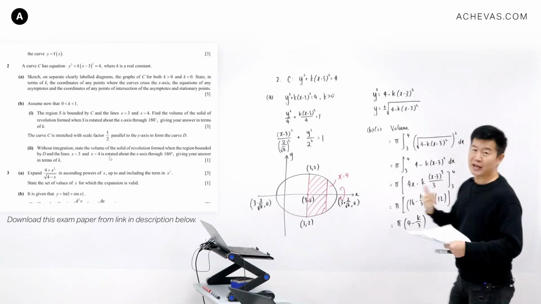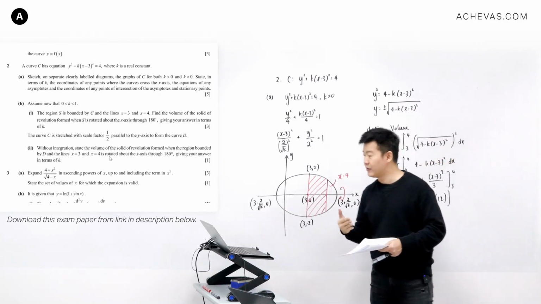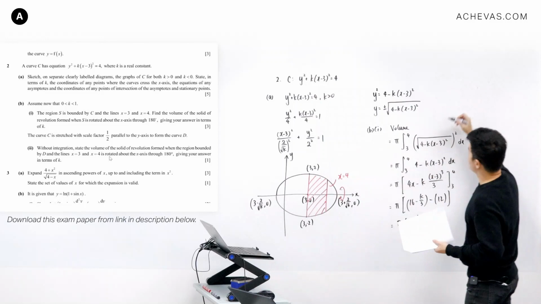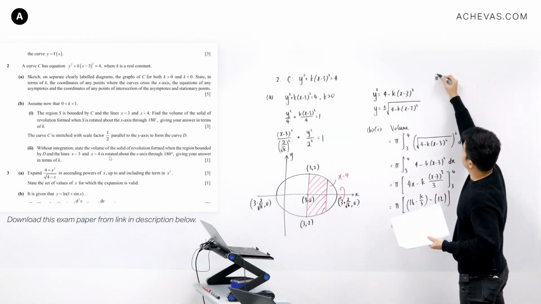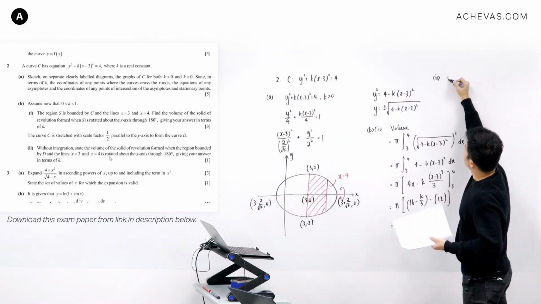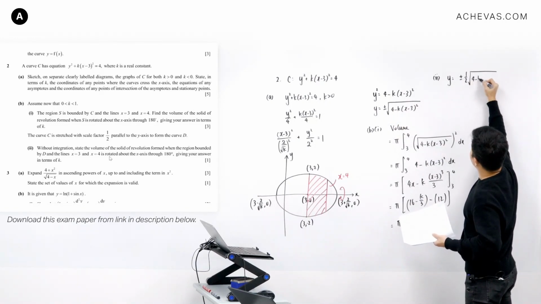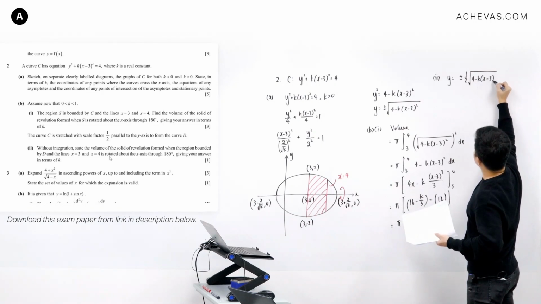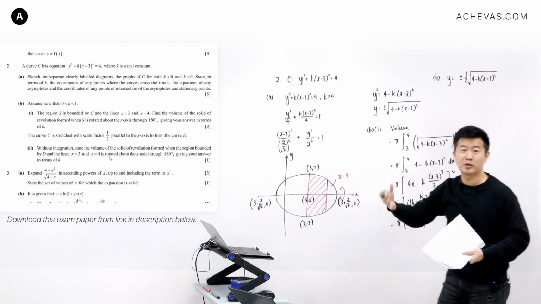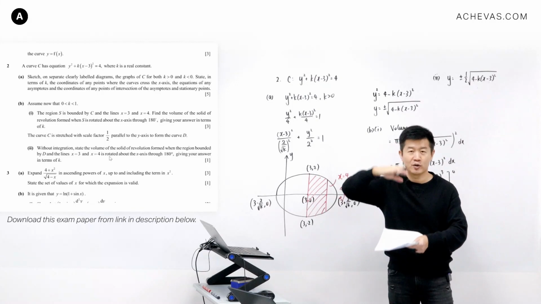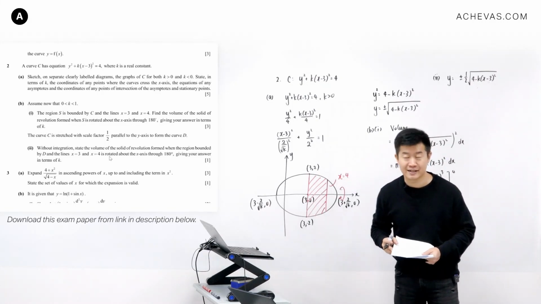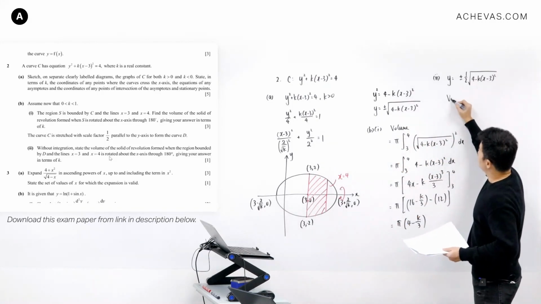Because it is going to be scaled by a factor of half parallel to the y-axis, for part 2, let me just write it down here, okay? For part 2, the new equation is going to be plus or minus half square root of 4 minus k x minus 3 squared. I just need to multiply half to it because it is going to be scaled by half parallel to the y-axis, which means that the volume